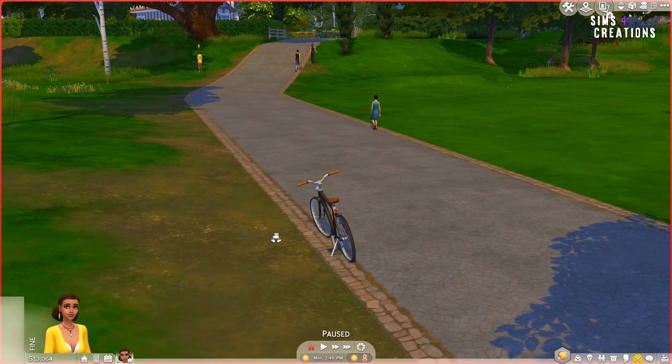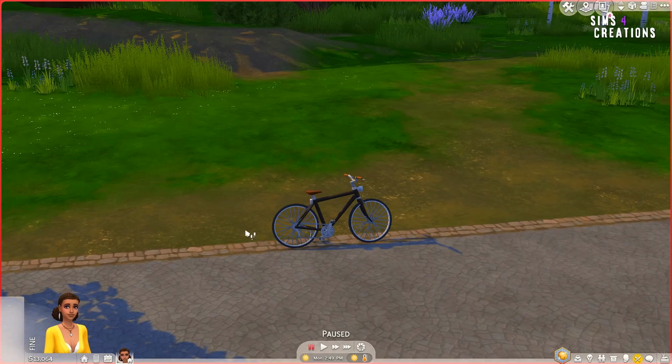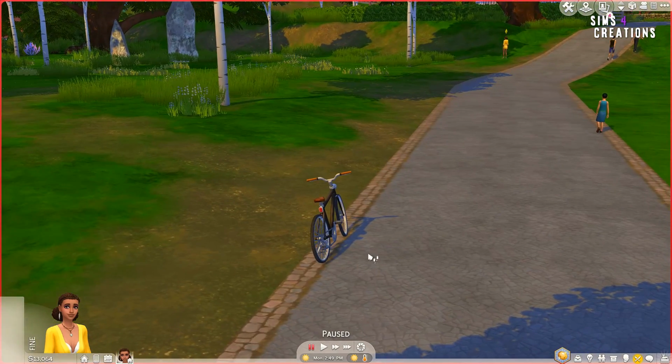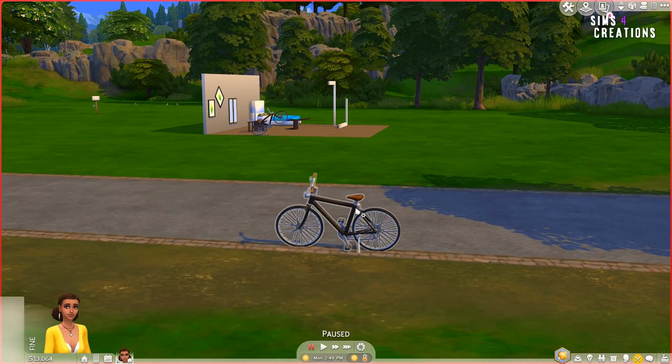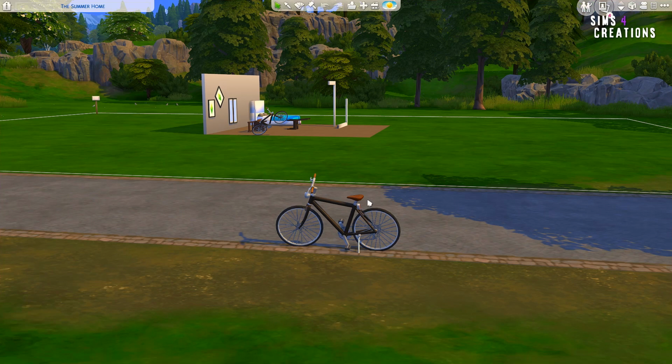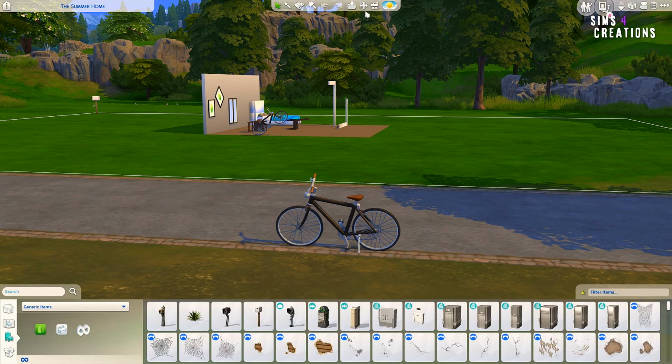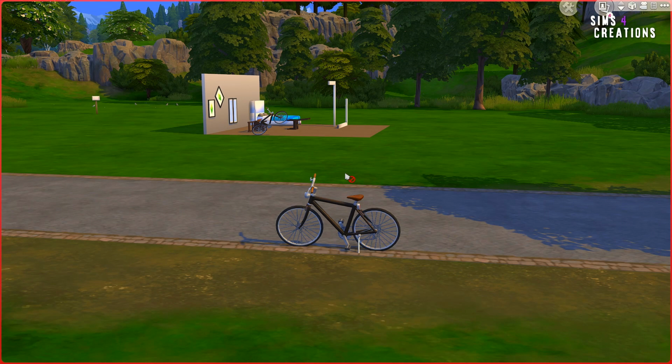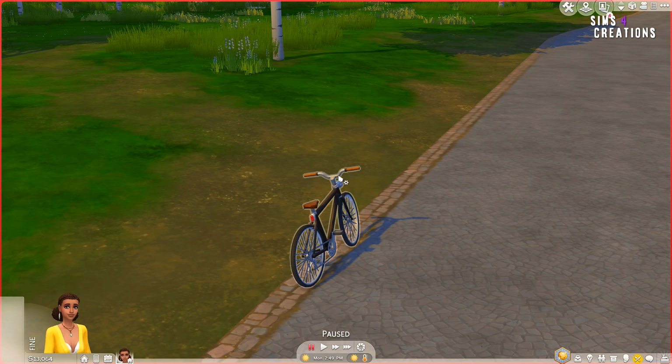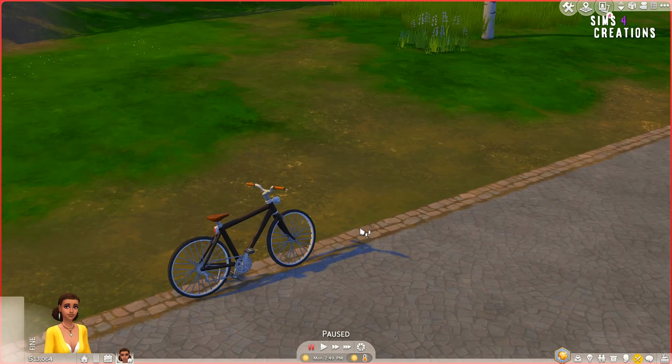I think it's a lot of work, but I think it's a cool thing. So now the bike is off the lot. I don't know if you can actually delete it. I have to be honest, but you can probably move it to the lot again and then delete it. And what you also can do, which I don't do because I always do it with the 9 key in build mode,